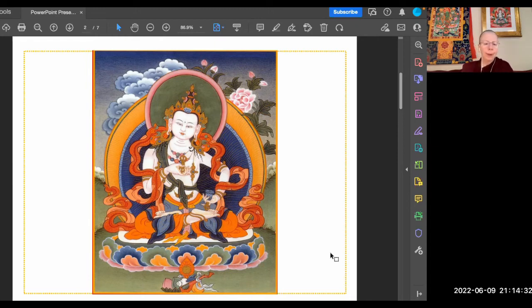So now we come to the power of the remedy, and this is the medicine. Doing the practice of purification, which includes mantra recitation and visualization. So we start with the body, and Vajrasattva very compassionately sends powerful white nectar, like coming out of a hose